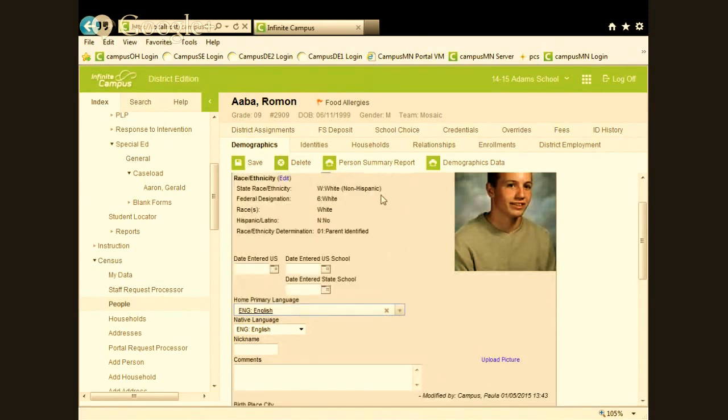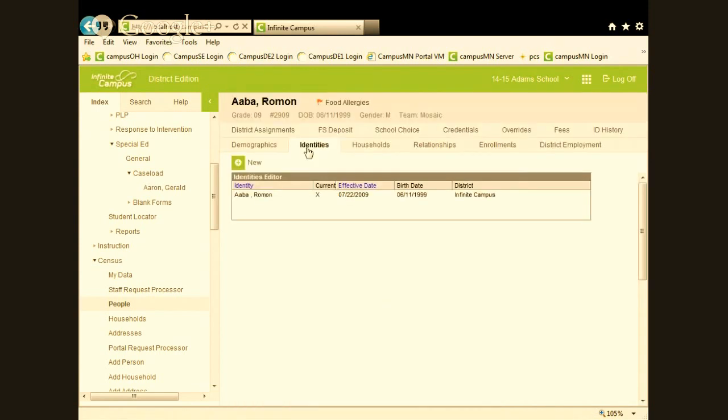While I'm here, I'm going to touch on two other things we talked about. One is identities. In Infinite Campus, we track identities. So when a person gets a name change, let's say you have a student named Susie Smith, and Susie Smith goes to the school district and graduates as a 12th grader. And when Susie Smith gets out of college, she comes back and she's a teacher. So it's the same record.